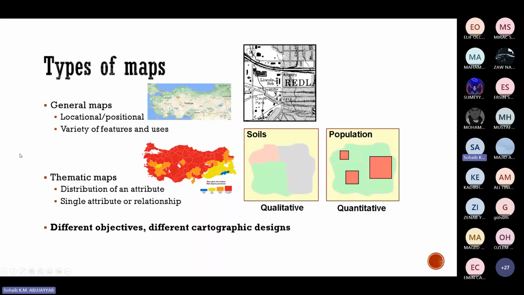We also have the thematic maps. Thematic maps mean that each map has a topic. For example, this map showing the risk. Usually I forget the name in Turkish actually. Usually the meteorology centers publish this kind of maps to show where is the